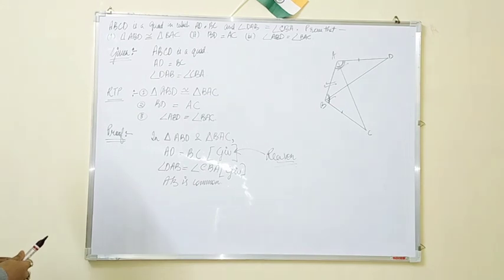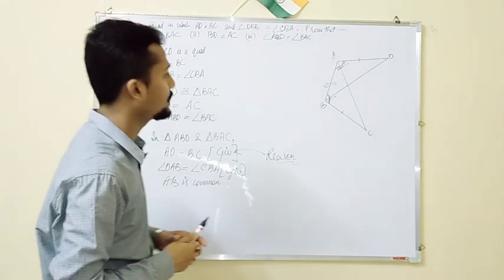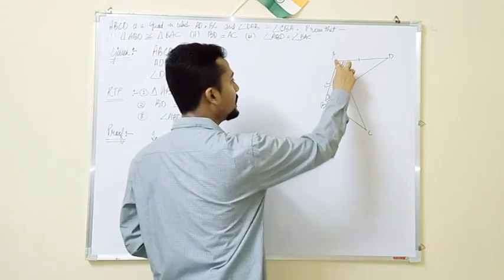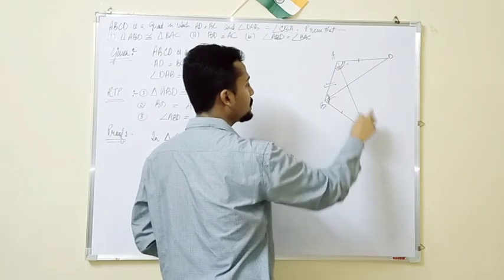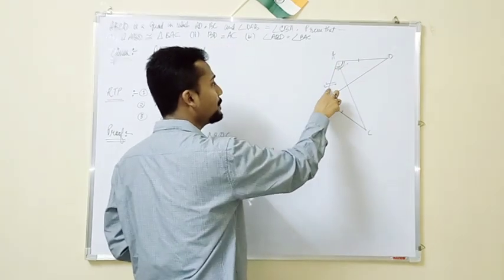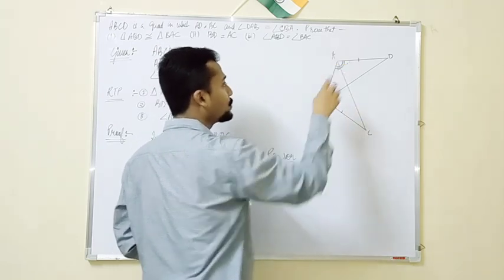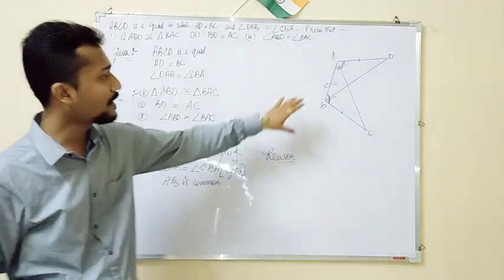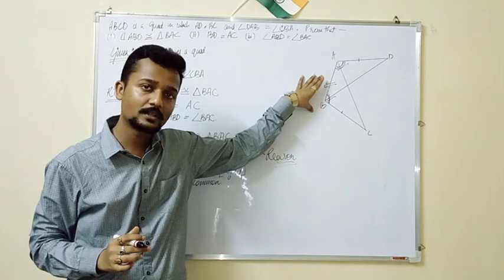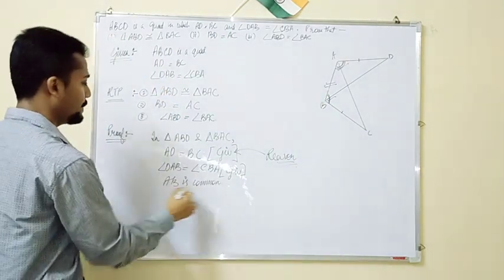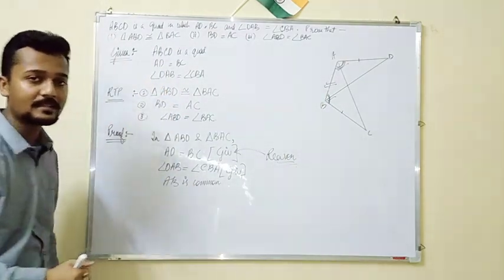ऐसे देखो, इस फिगर को ऐसे देखो तो क्या दिखता है कि दोनों जो ट्राइंगल है, ये वाला पर्टिकुलर ट्राइंगल एंड दिस पर्टिकुलर ट्राइंगल, बट यू सी दे आर स्टैंडिंग ऑन द सेम बेस, isn't it? And this particular line segment is common for both the triangles. That means AB is common, isn't it?